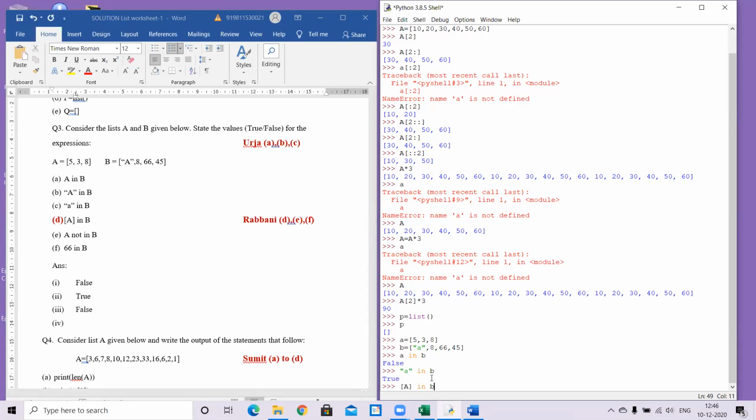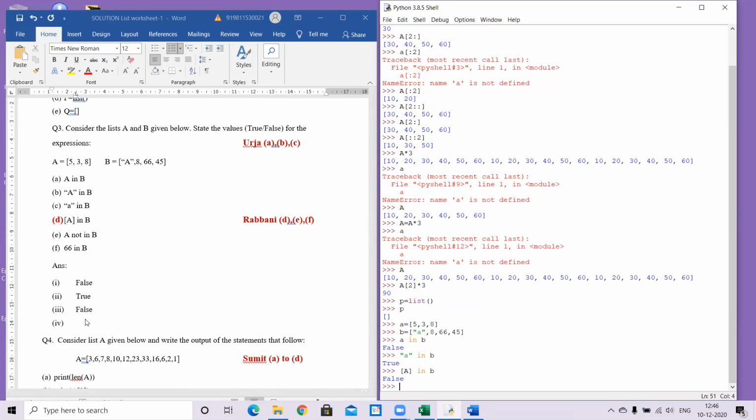E will be true. Yes, E will be true because A is not in B. So if I write A is not in B, it will be a true statement. F also true. 66 in B. Okay, let me check. Last one is true. Right, so you can get these questions also in terms of true, false.